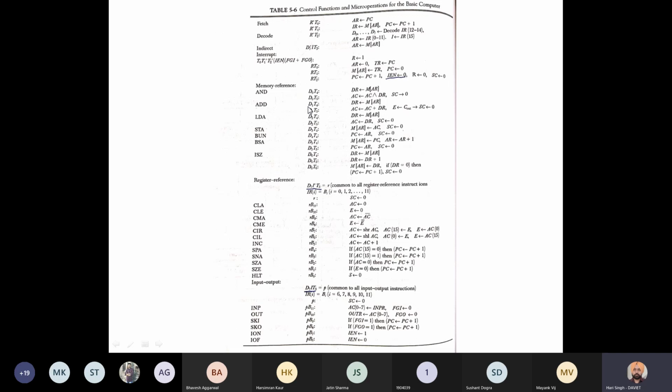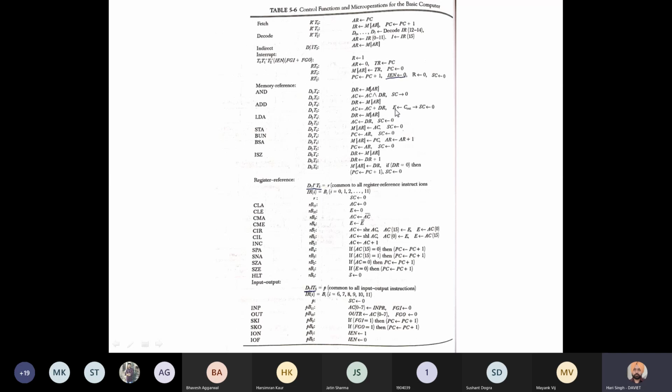For this, D1 should be 1 and T4 should be 1, that is, the T state should also be active. So for D1, T4, data will be placed in the data register, and in the next micro operation, that is D1, T5, the addition of the accumulator and data register will be done and placed in the accumulator, and accordingly the carry will be placed in the E register.